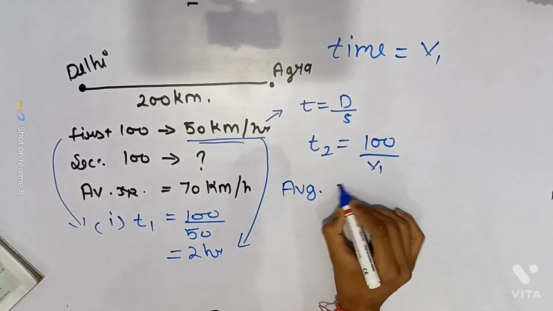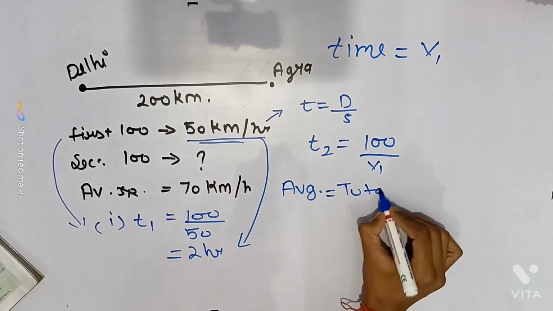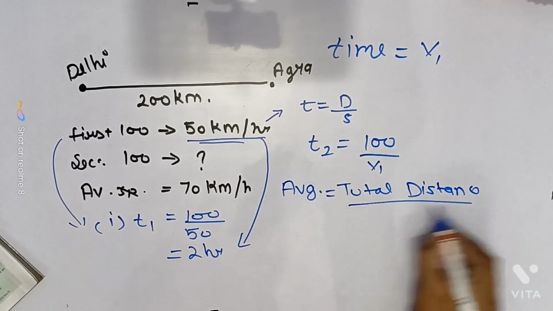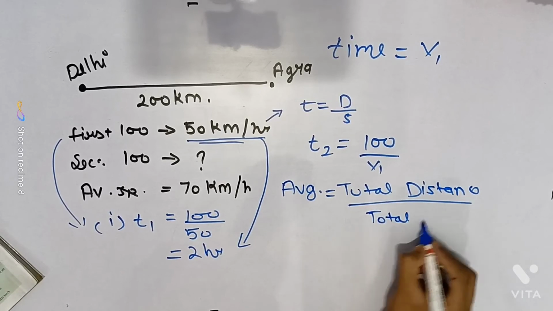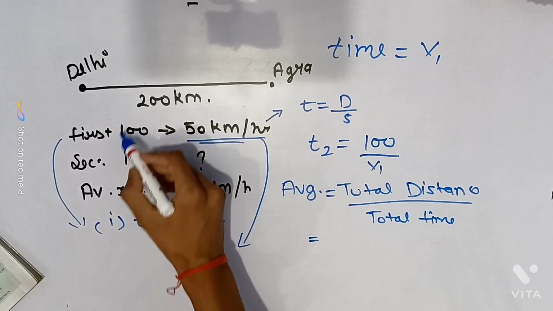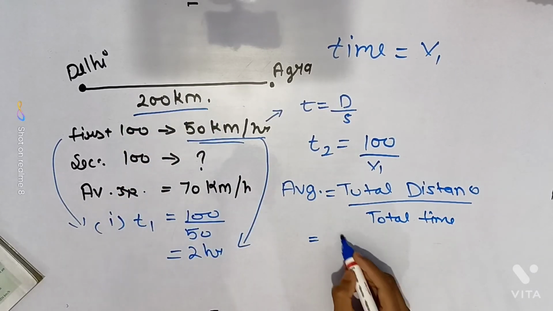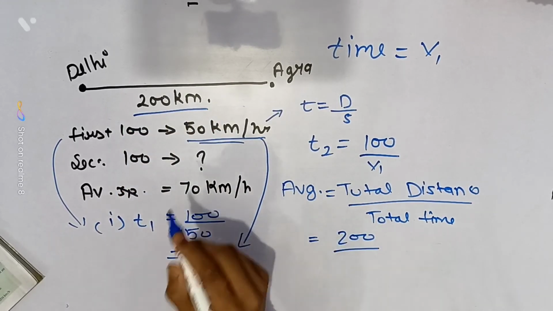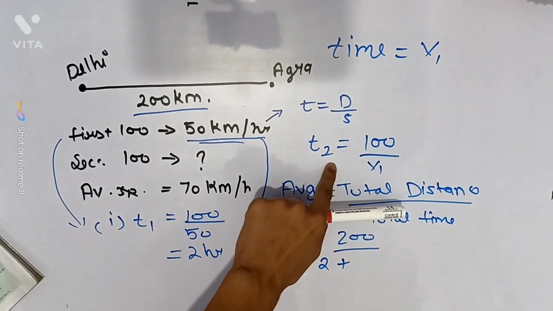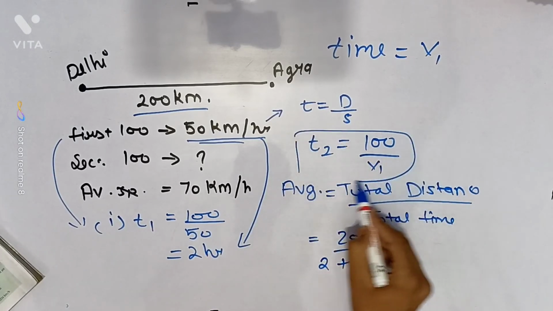Average is total distance traveled upon total time taken. Our total distance we know is 100 plus 100, 200 km, and the time taken for the first journey was 2 hours, plus the time taken by the second journey is 100 upon